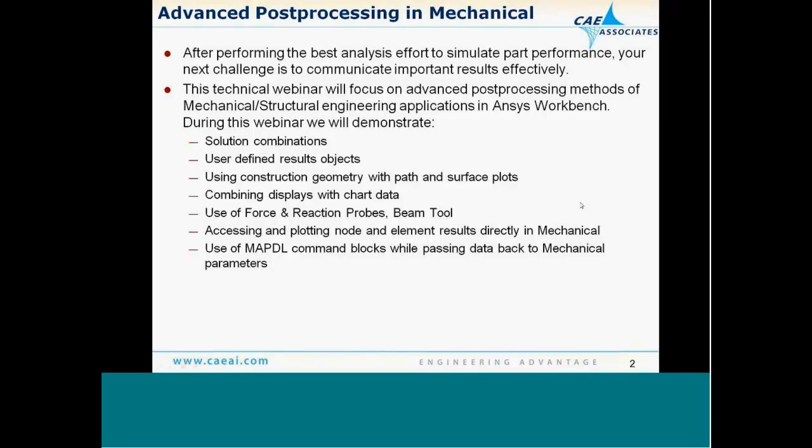After performing the best analysis to simulate your part's particular performance and the various analyses you may need to perform, it's important to communicate those results effectively. So today, this webinar is going to focus on advanced post-processing methods. There are a number of existing post-processing techniques. We're going to focus on a few of the advanced topics and some of the new topics within ANSYS version